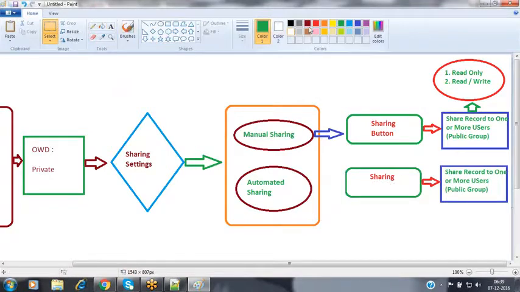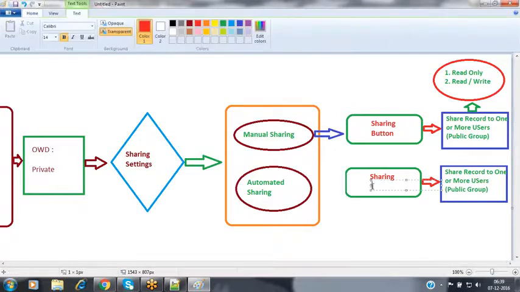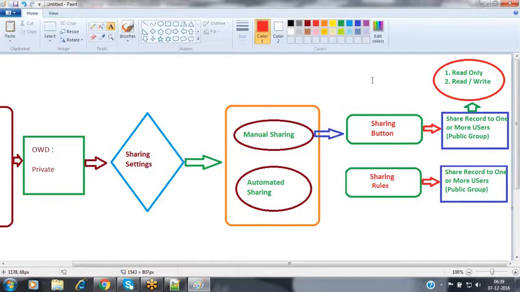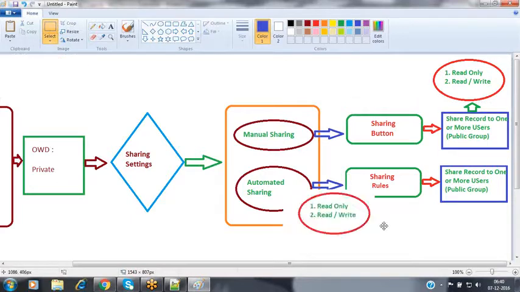By creating a sharing rule, like validation rules and workflow rules, it's the same way we can create a sharing rule. By using that sharing rule, we can make the records visible to one or more users. Automated sharing can be done with the help of sharing rules.